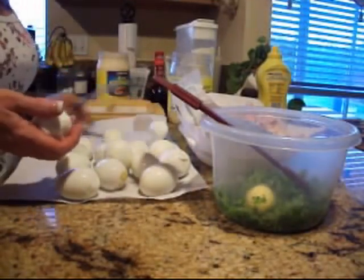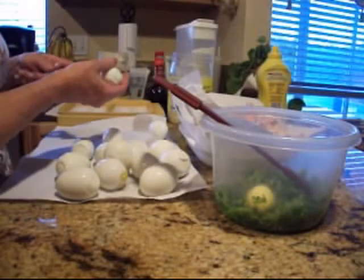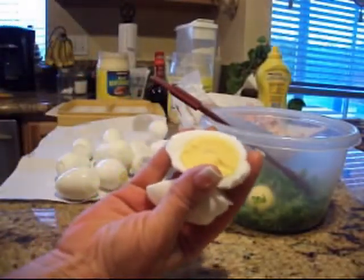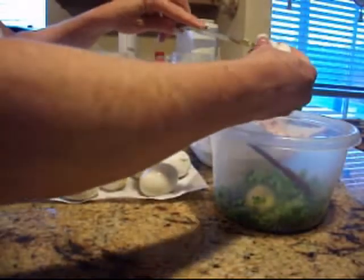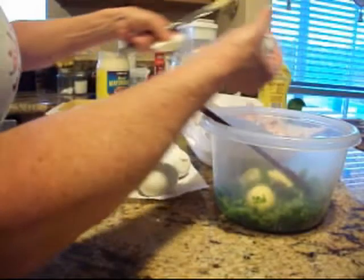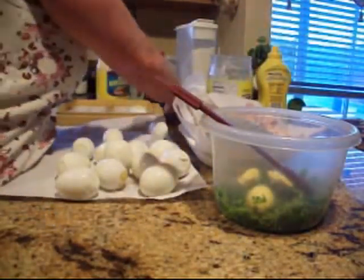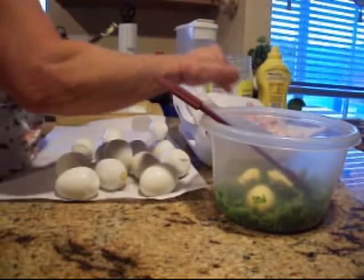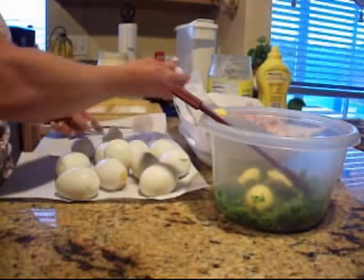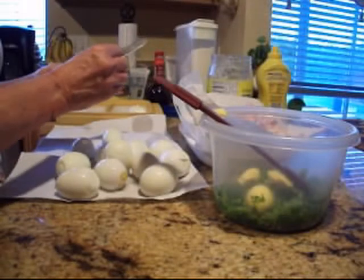I really think doing them this way instead of letting them cool works, because sometimes when I make deviled eggs and cook these, once it gets up to a boil, I make sure that I cook these for a good 10 to 12 minutes. And I'm trying not to rocket boil them per se, but I just keep a nice boil going. I wipe my knife off so the next egg doesn't get a big blob of yolk on it,